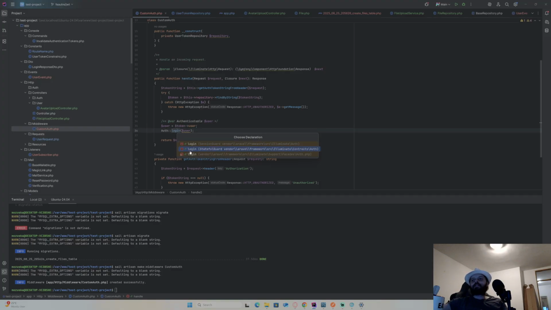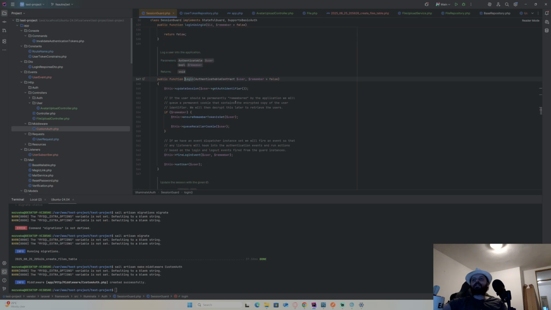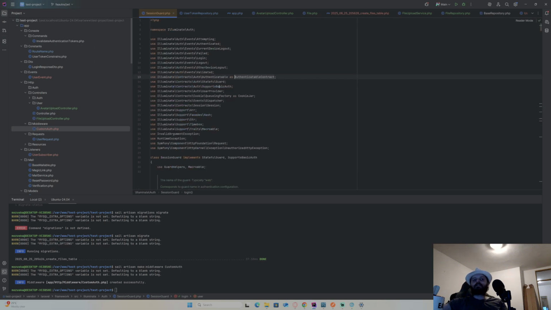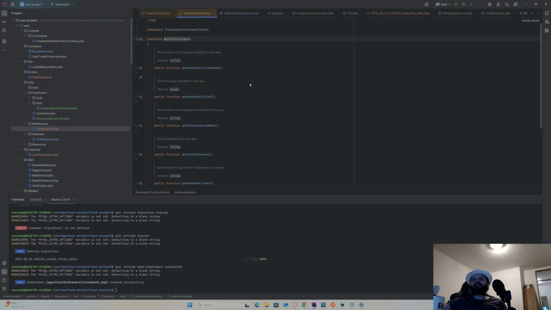Alright, session guards. Vendor should be session guard. Authenticable contract. Let me see that one now. Yeah, it is. It's that one. It's Illuminate contracts auth. Oh, okay. So it's not in the contract auth.